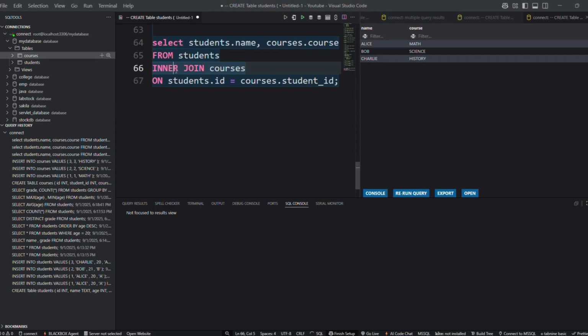And that's it. In this video, you learned the basics of SQL. We created a table, inserted rows, selected specific data, filtered, sorted, used aggregations, and even joined two tables together. These are the essential skills that every beginner needs to get started with SQL. If you found this helpful, pause the video now and try writing some of these queries yourself. Change the names, add new students, maybe add more courses. The best way to learn SQL is by practicing.